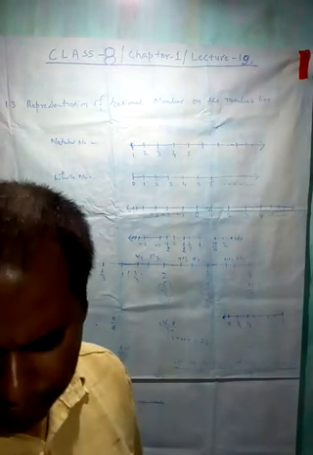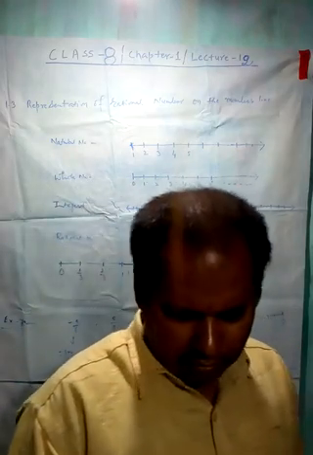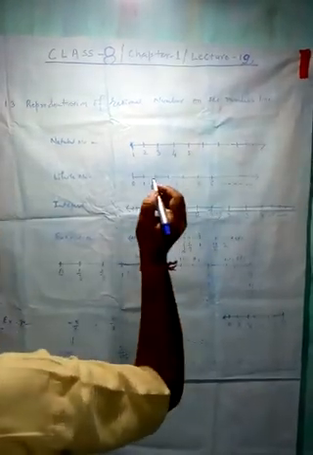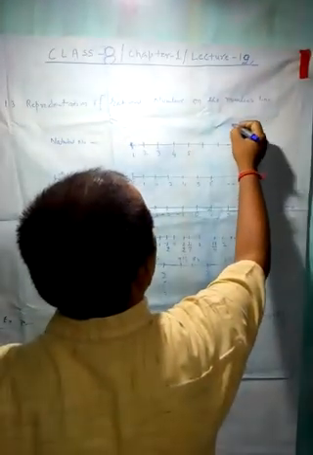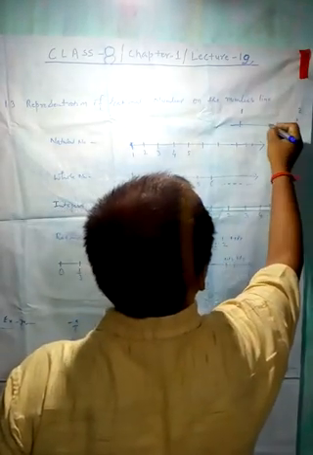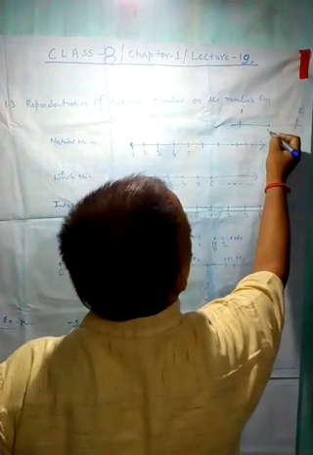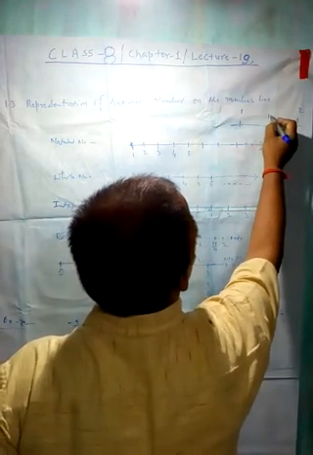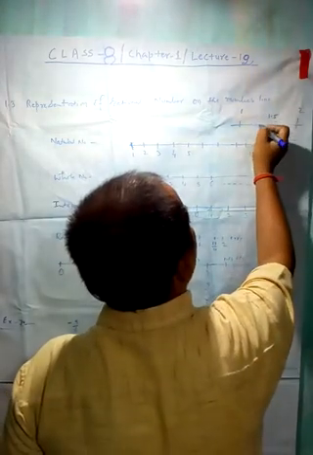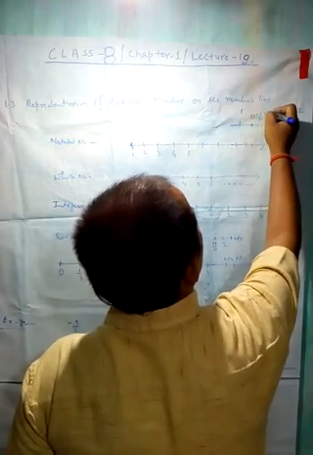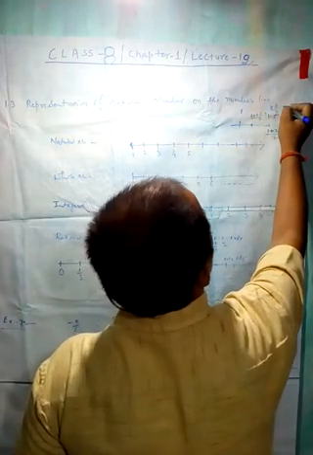Another method, let us find rational numbers between 1 and 2. This is the other method. Here it is 1 and here it is 2. So in between it will be 1 plus 2 by 2, that is 3 by 2. That means it is 1.5. Now you have to add in between: 1 plus 1.5 by 2 is equal to 2.5 by 2,